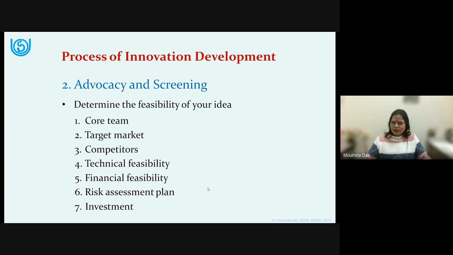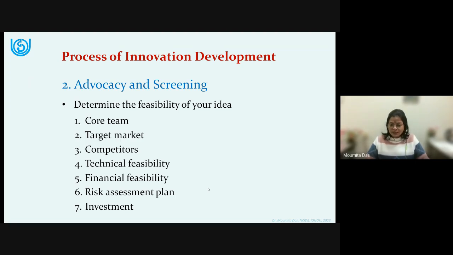So for this, you have to take care of certain things. One of our participants has generally outlined this thing, feasibility of the business idea. So what you have to do is identify some people who can form a core team. It is very difficult to work on your own when you are in this journey. So you have to have a few people who are passionate about your idea and who are interested in your idea and want to be a part of your team. So you need to have a team. 2-3 people can constitute your team.